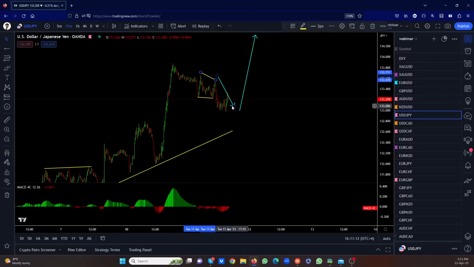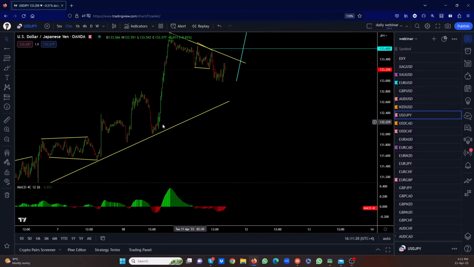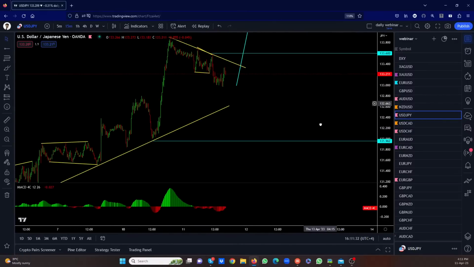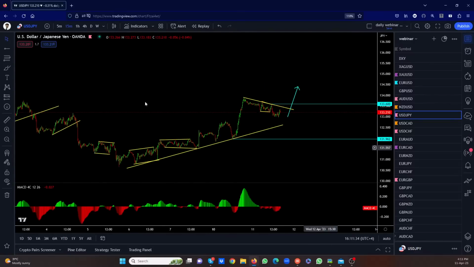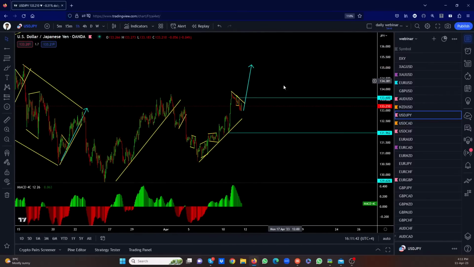Now we're looking at this and we're thinking, well, we want the buy setup. We want this to go up one more. And if it's going to go up one more, where would the trade be? So you put an entry order above the top here, and you put a stop here. You have to keep this stop here. This is the safest place you can keep this stop. And we will put a target to see how high this goes. Now, if this is the low, then we can assume we'll get at least a 1-to-1 risk to reward in this trade. It's not the best risk to reward trade.